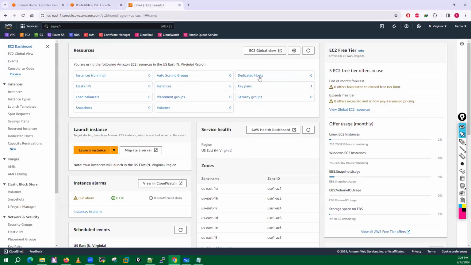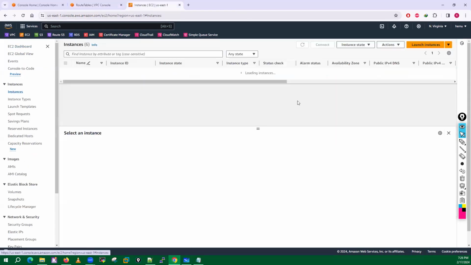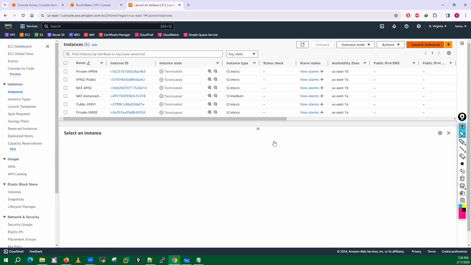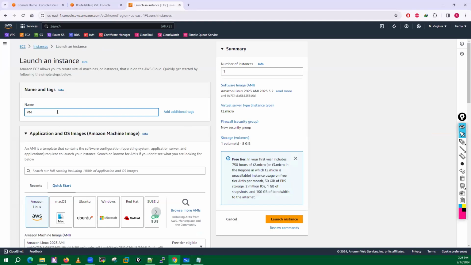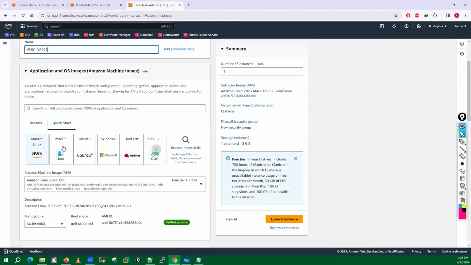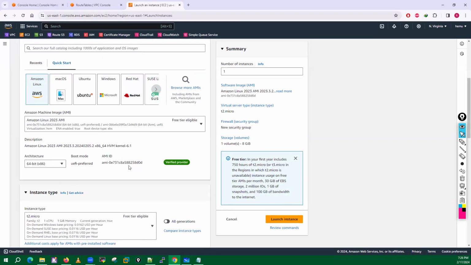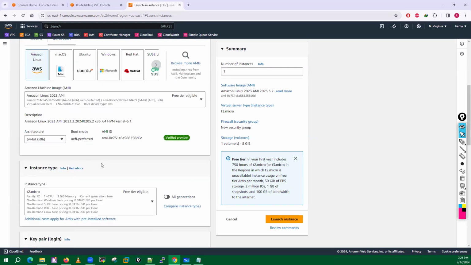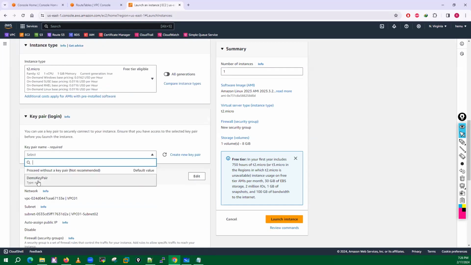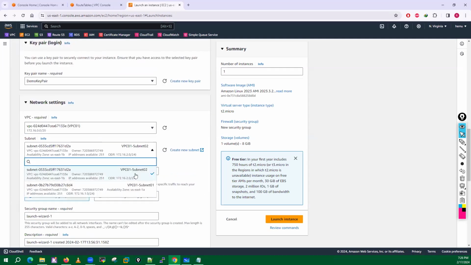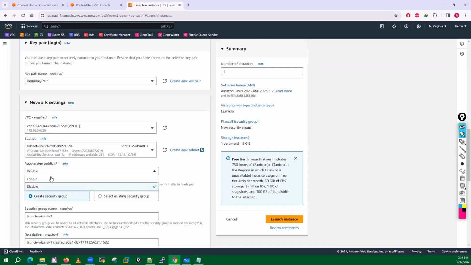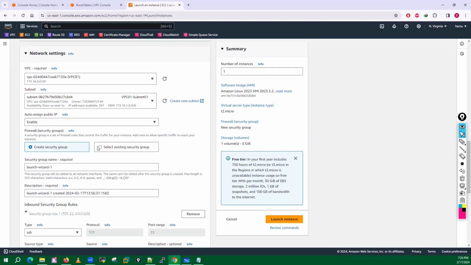Right now I'll go into my EC2 and create three EC2 machines, one in each VPC. I will launch, and I will name it VM01 from VPC01. Key pair: let me use the demo key pair, the one I was using previously as well. Let me put this in a VPC01 subnet, and I want a public IP address so I can access this.